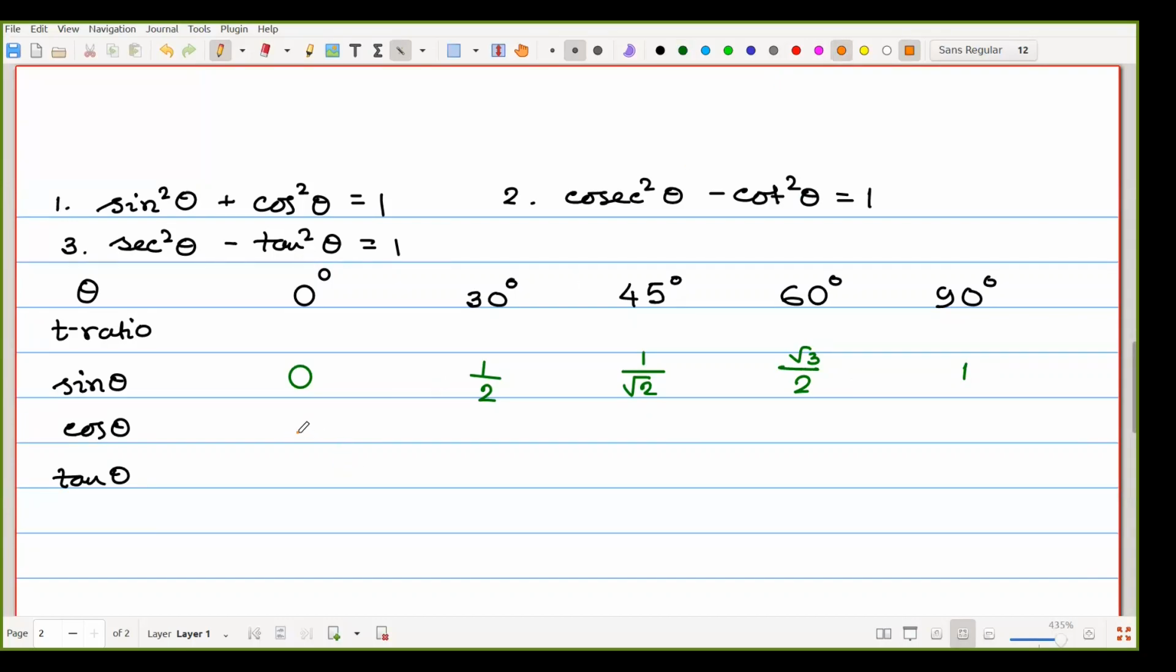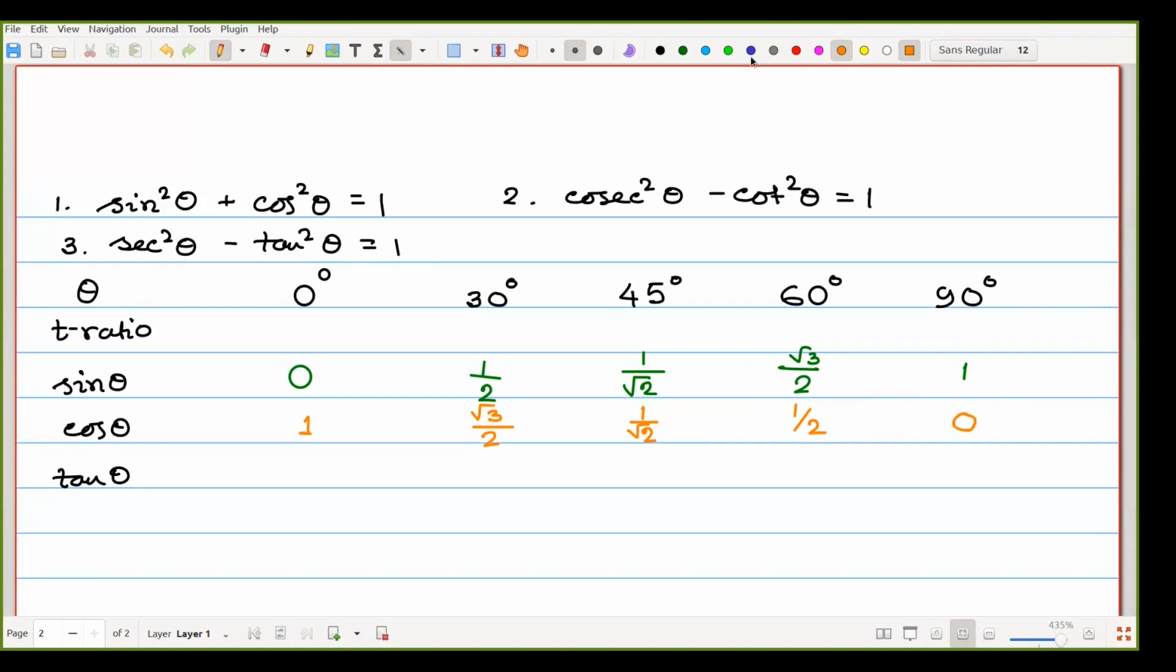Next one, cos 0 degree, opposite, it must be 1. Then that is root 3 by 2 for cos 30 degree. Look, sine 60 degree is equal to root 3 by 2. Cos theta or cos 30 degree is equal to root 3 by 2. Next one, cos 45 degree, the value is same as sine 45 degree. Cos 60 degree, that means that is the value of sine 30 degree, that is half, and cos 90 degree